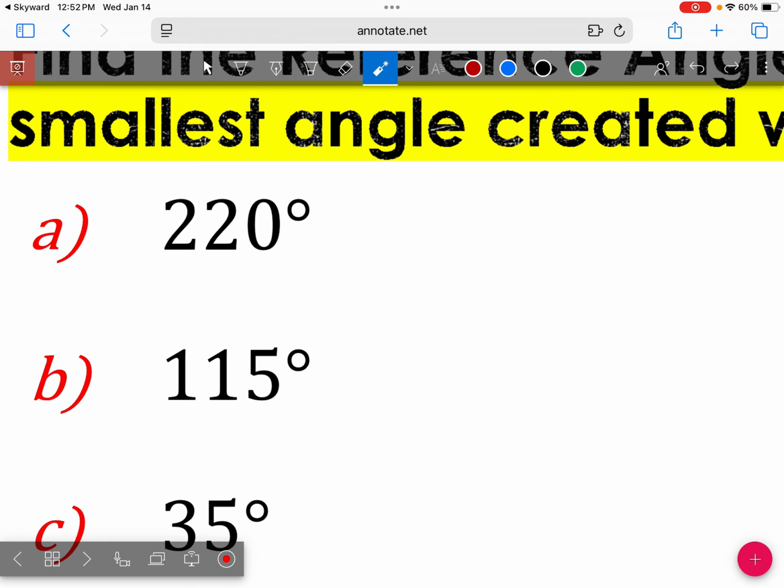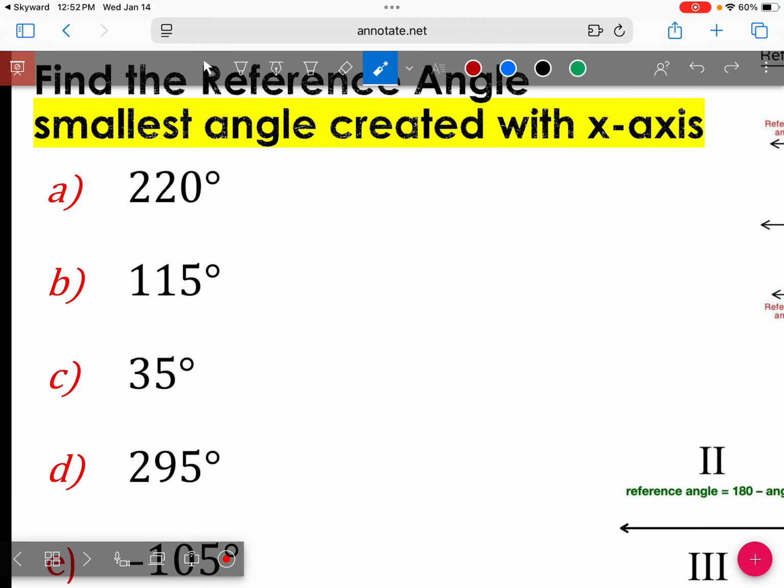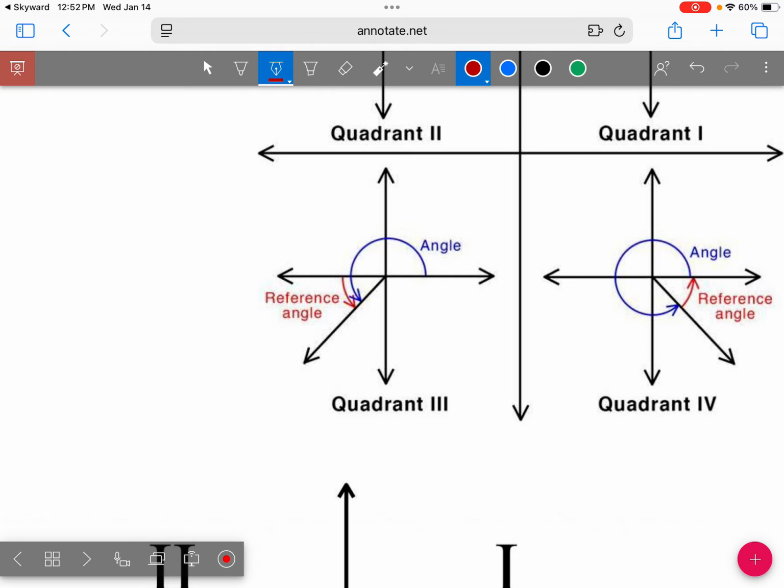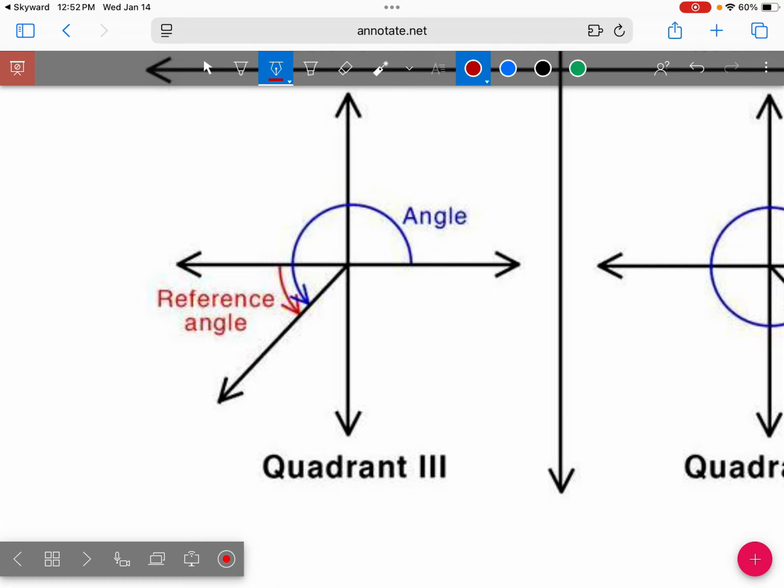Show me with your fingers what quadrant is 220 degrees. Quadrant 3. So this is in Q3. So let's look at this clip art, this first one. So an angle in Q3, you see, well, yours is not in color, but this would represent the angle. All right, but if I'm looking for the reference angle, that would just be this little bitty piece right here